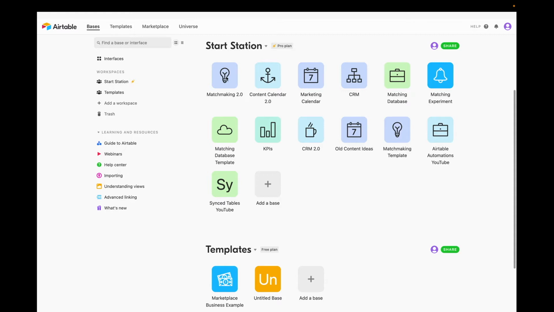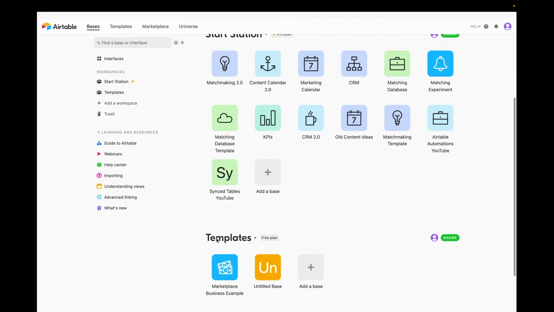As you can see, I have the Start Station Workspace. An Airtable workspace is essentially a big giant folder of all the different bases that you have created. Now a base is equivalent to what in Excel or Google Sheets would be a workbook. And then in those bases, we have tables, and we'll discuss those in just a little bit. But just for now, you can see that this is a Start Station Workspace and I have another workspace which